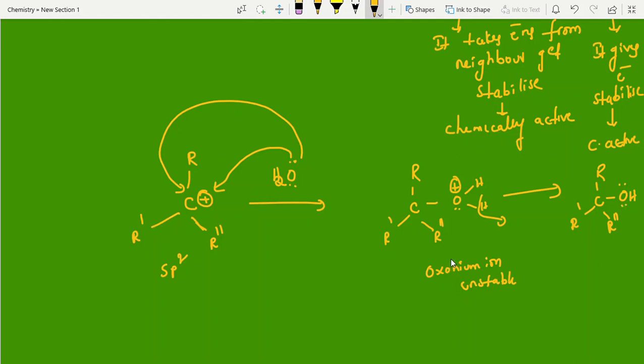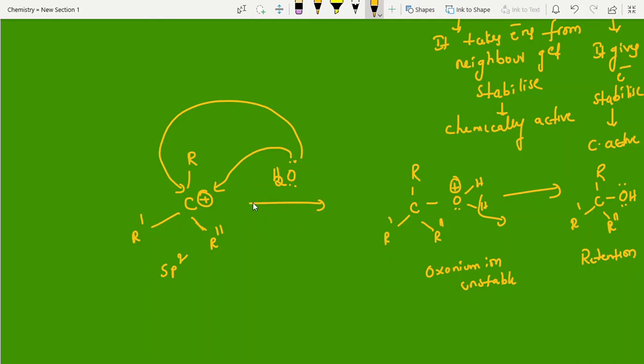This is stereochemistry. Did you understand? Oxygen, one lone pair he has given, so one lone pair as it is I have written here. Because of giving, he is getting positive charge. But in the oxonium ion, oxygen has three bonds, an unstable condition. To get the next stable condition, what is the next stable condition? He is sending out H plus. Then you will get the retention product. This is same side attack.